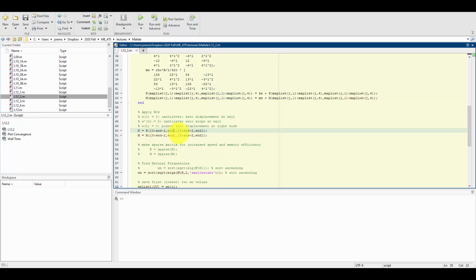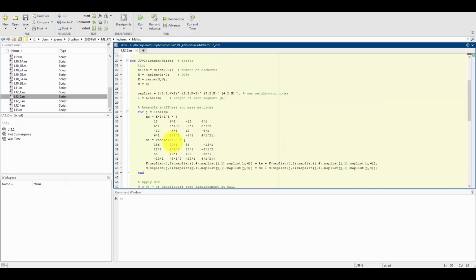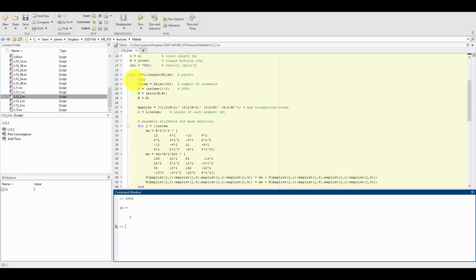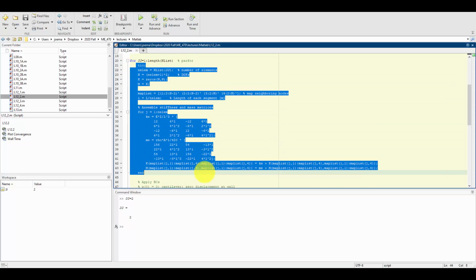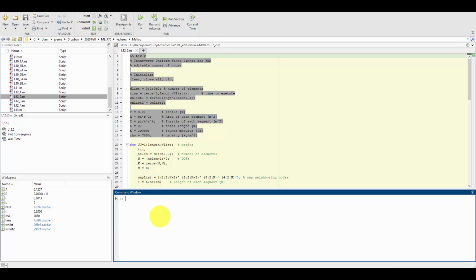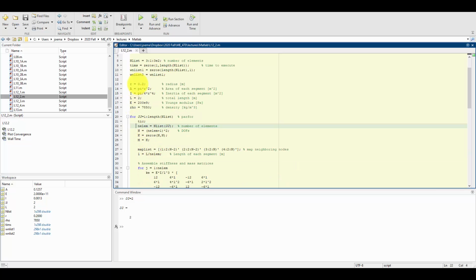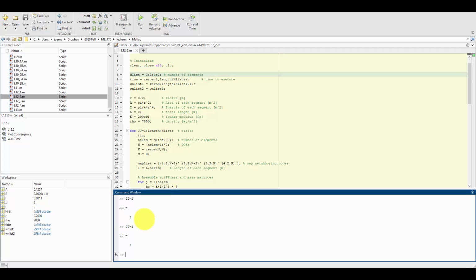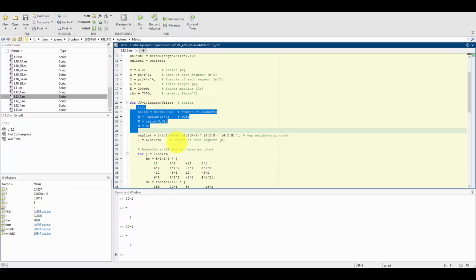So let's just see what this looks like for our small scale to make sure it's doing it correctly. I'm going to do this for just the 3 elements like I have in the picture, and I need to run everything through here. So I'll set JJ equal to 2. That should be 3 elements since I'm starting at 1. Okay, so 3 elements here. Let's see what this looks like.